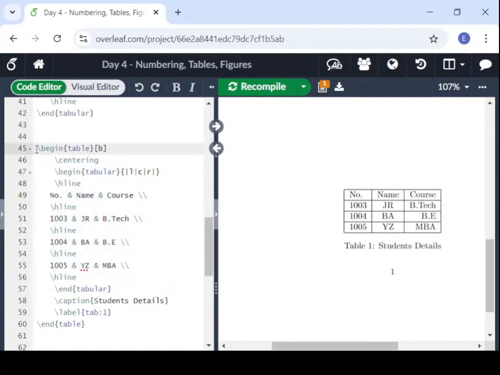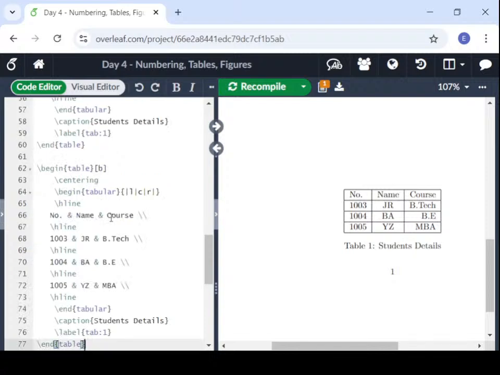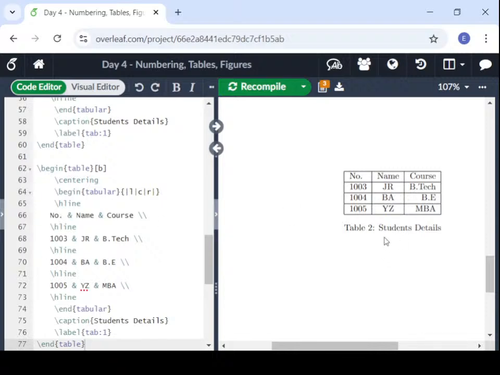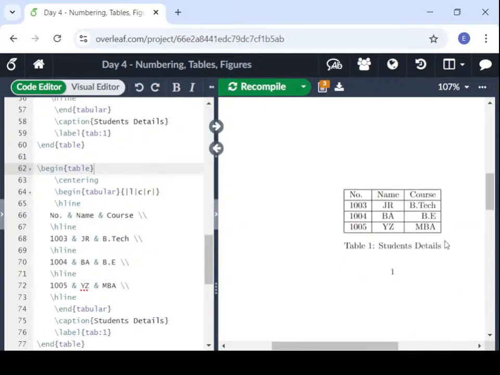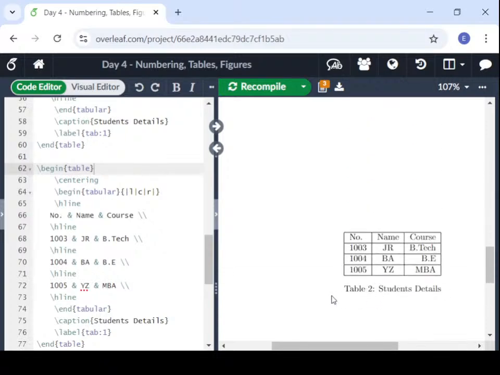Say for example, I am copying this table once again. So let the content be the same. It is also at the bottom, because it will go to the next page and be placed at the bottom. So no problem, I am not giving any conditions. See, here it is in table 1, the student details, and here it is in table 2, student